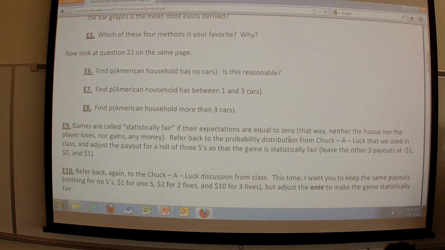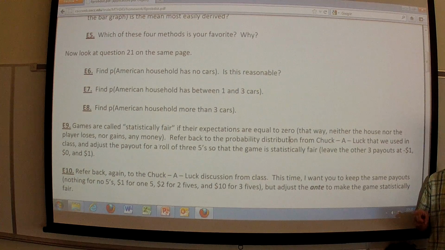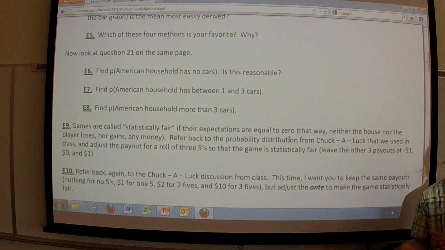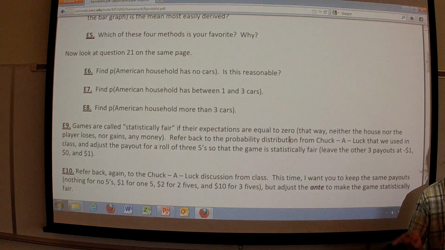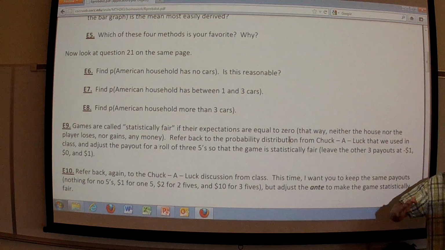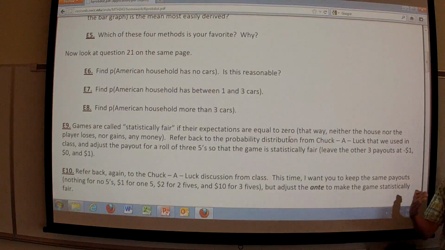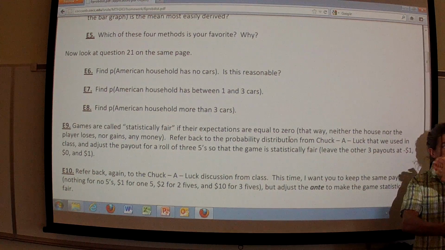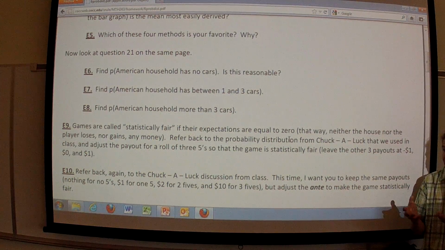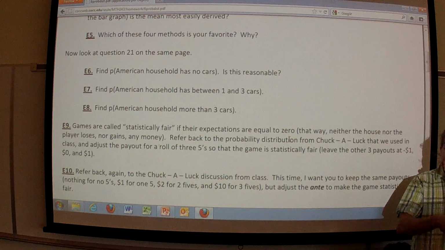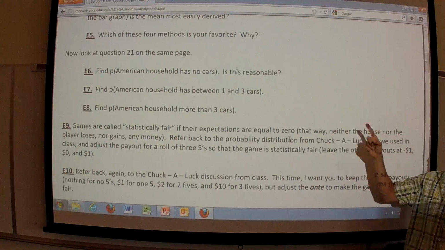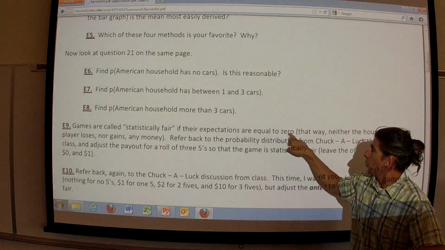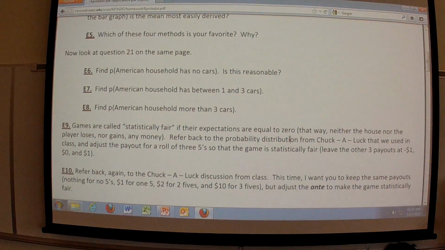That in-class quiz was cool because you looked at that lottery game in New York, where when it was set up properly, you would lose 40 cents per game, but when they doubled the bets, you ended up gaining 20 cents per game. Somewhere between those two, there was a break-even point where neither the player nor New York State won any money. So the player doesn't lose any money, New York State doesn't lose any money, and that's the break-even point. And that's the definition of statistically fair: the expectation, the average, is equal to 0.